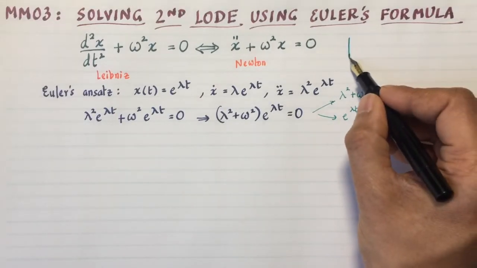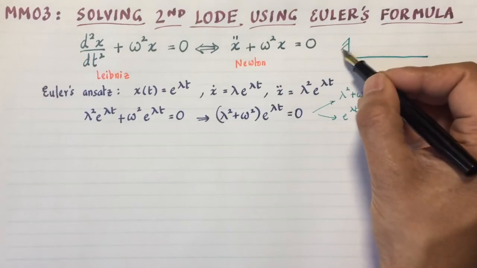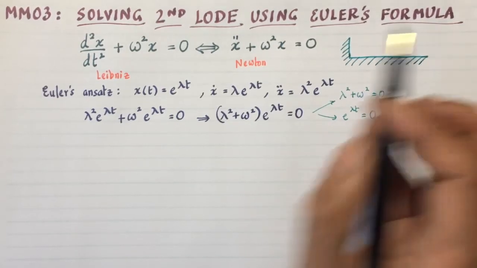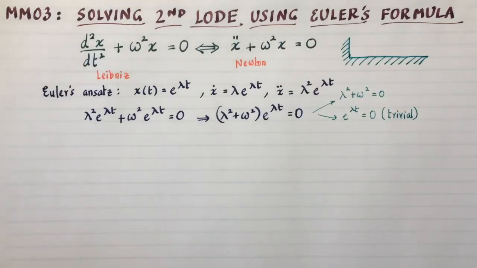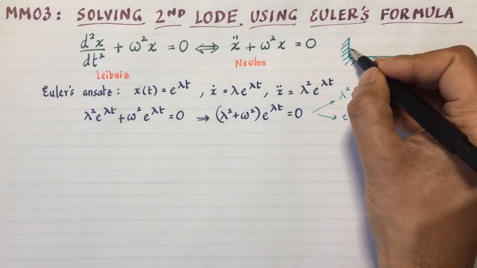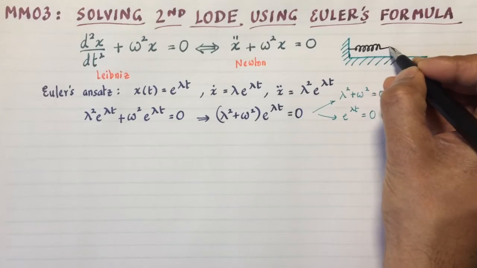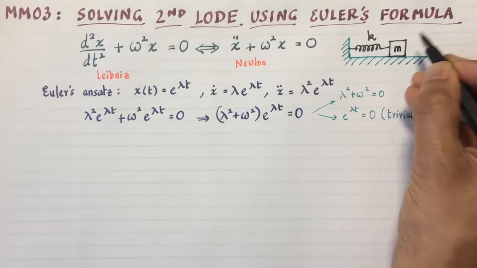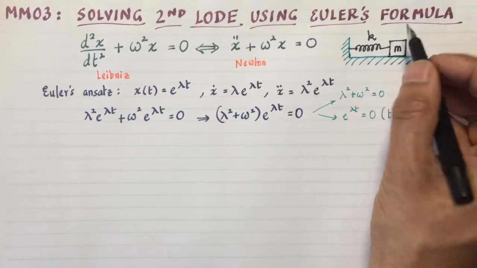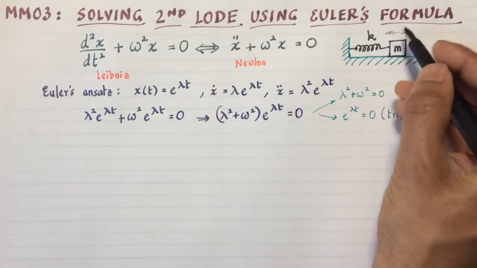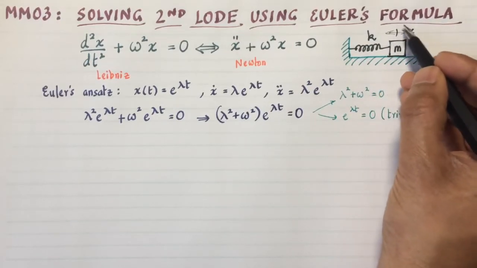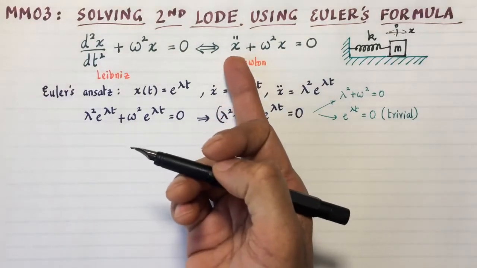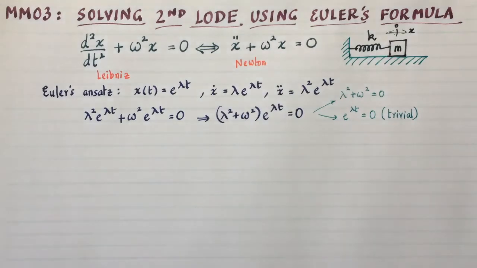a block spring oscillator. So I have here a wall and a floor, and attached to this wall would be a spring of spring constant K and a mass M, and the floor is supposed to be frictionless, and it oscillates back and forth. X then represents the displacement from the equilibrium position 0,